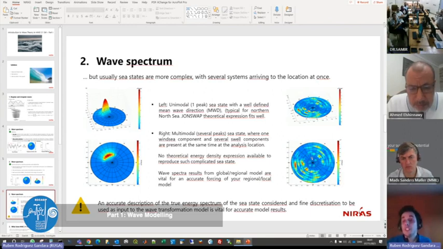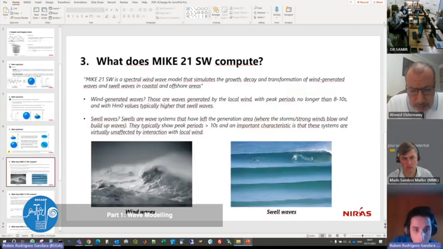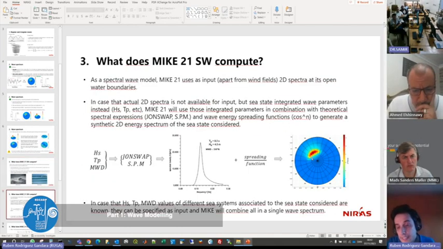And for this, you will need to have access to either measured buoy data or fully modeled and saved spectral information. Good. So after this, then we went into what Mike can compute, or what it is that Mike does. And then I was explaining to you that basically it takes as an input those sea states that you are